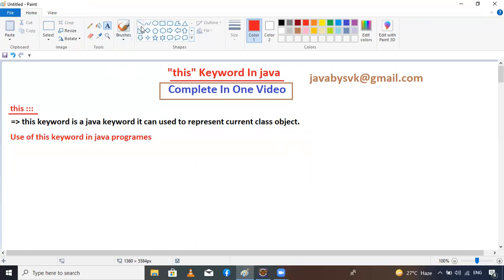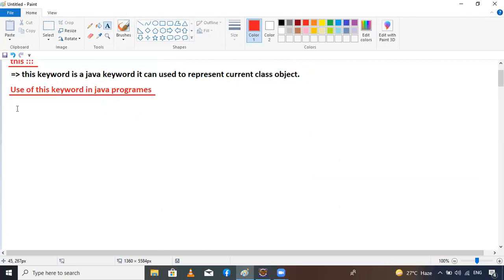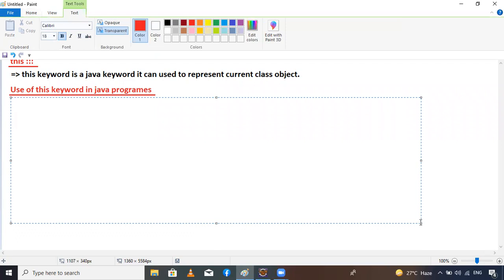What is the use? We can use this keyword in Java programs in 4 ways. What are the 4 ways? The first way is